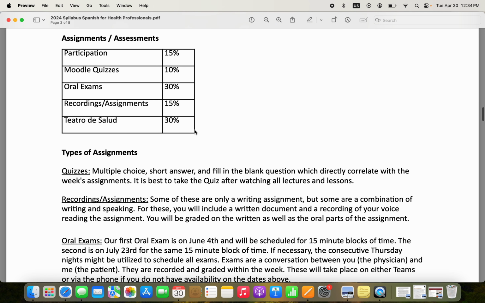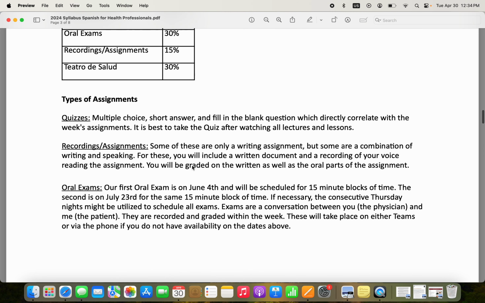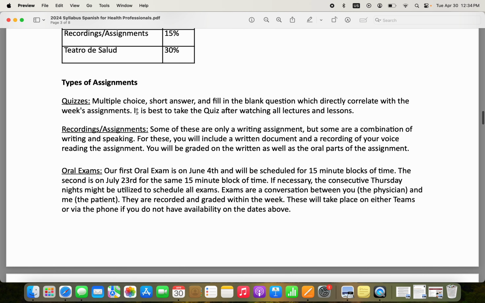This is the breakdown of the assignments and assessments, and just to talk about them a little bit more, we have quizzes. They're pretty straightforward. Most of them are based on the week's assignments, so make sure you do that near the end, once you've done all the other stuff. The recordings and assignments: some of them are writing, some of them are speaking, and you'll have to record yourself.